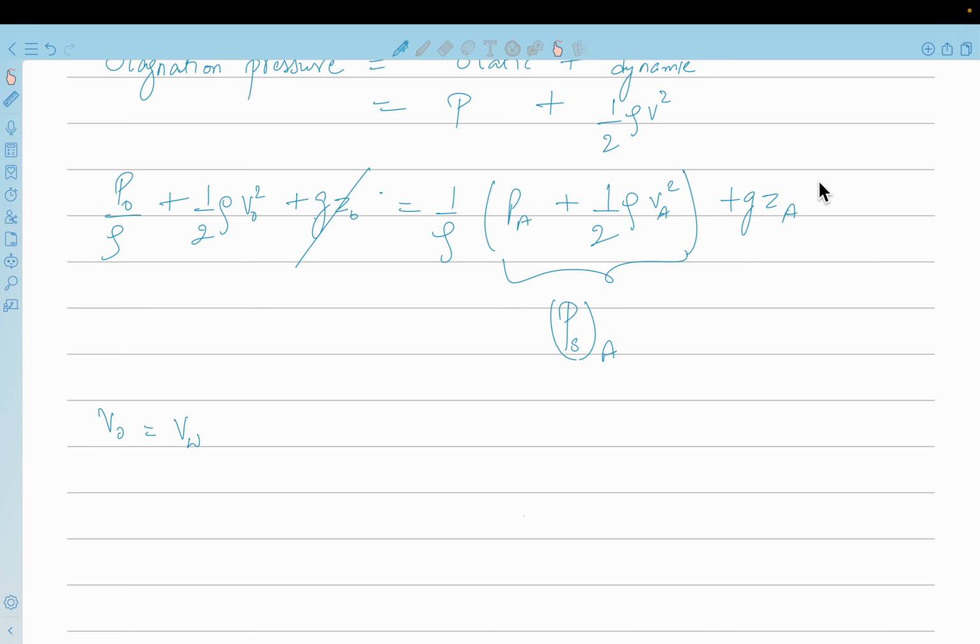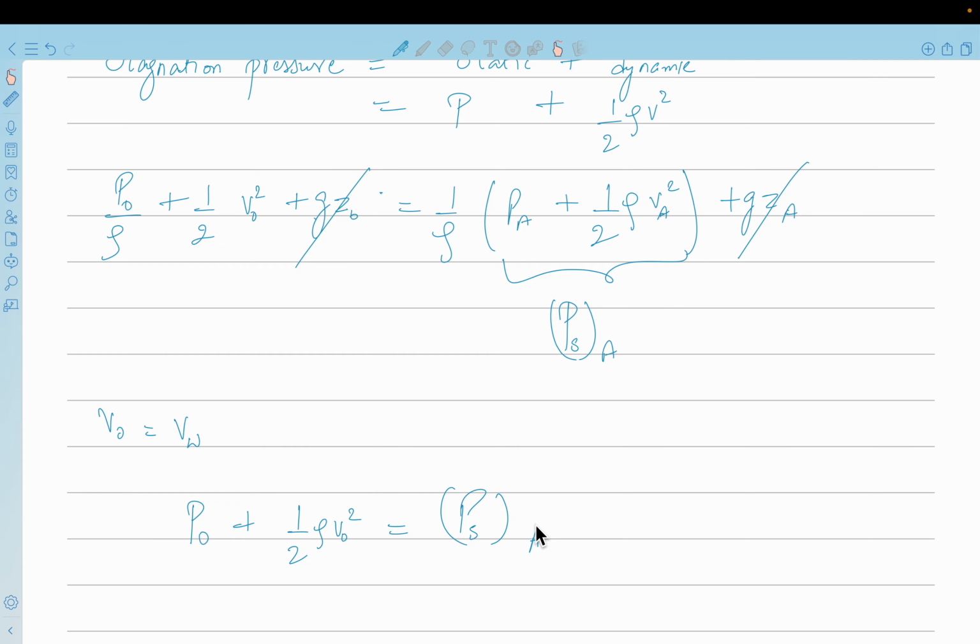So I'll just cancel them. Okay, so we have P0 by rho plus V0 square by 2. Okay, P0 plus, now I am multiplying rho on this side, so half rho V0 square is equal to the